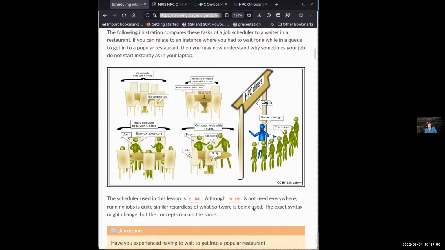Have you experienced that in your life? Why do you think there's a queue in very popular restaurants? Yes, so the restaurant can make the right allocation for its customers.